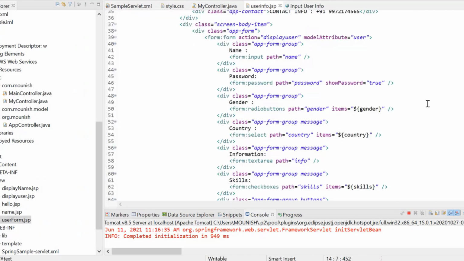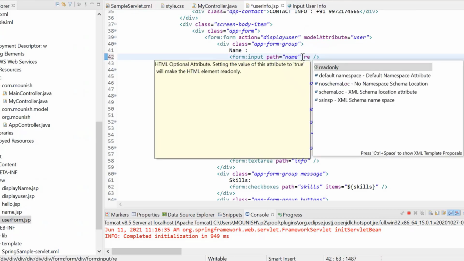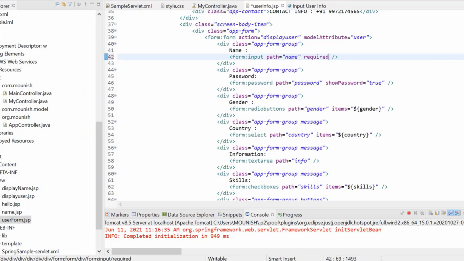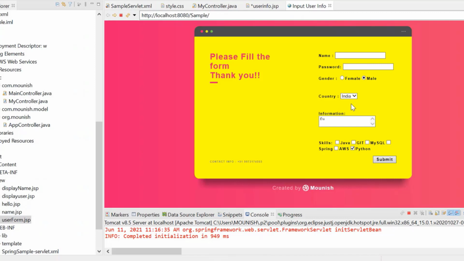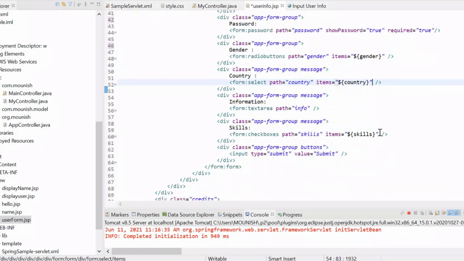So we must tell that it is completely required. What we do is, we go back to here. Inside this, we say required is equal to true. Okay. And then let me copy this particular one. I don't want to waste my time. And let me paste it over here. Gender is not compulsory, but country, whether you give anything or not, by default one country will always be showing over here, right? So I don't think required is necessary there.